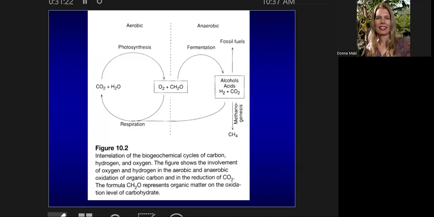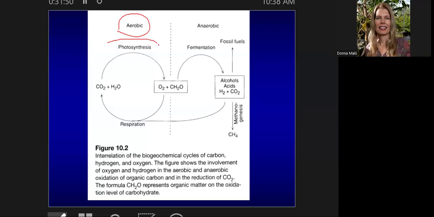It's kind of hard to separate, because usually when you look at carbon flow, you are also considering hydrogen and oxygen. That's why they have that on here, because carbon, hydrogen, and oxygen are very commonly found together in organic organisms. So you tend to see all of that being thought of as kind of a package deal. But here you can see they've kind of split it, where you have what's happening aerobically.